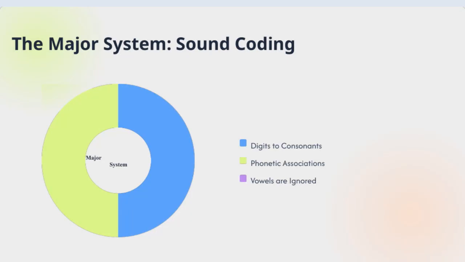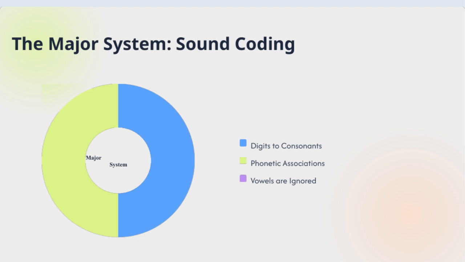Let's take a closer look at the core concepts behind the major system. First, you'll notice that vowels are ignored in this system. That's because the focus is on the consonants, which carry most of the phonetic information needed for encoding numbers. Next, we see the idea of phonetic associations. This means that specific sounds or consonant patterns are linked to particular digits, making it easier to convert numbers into